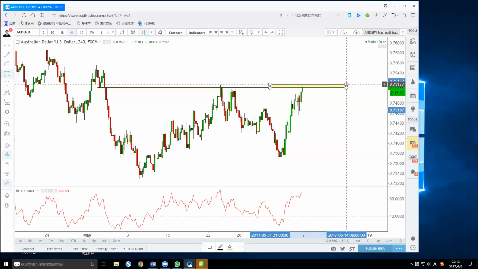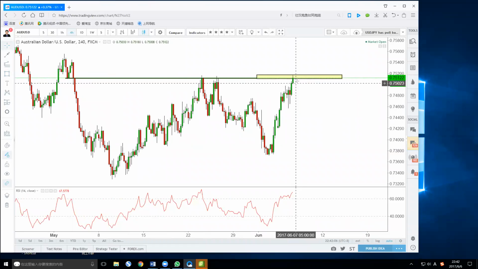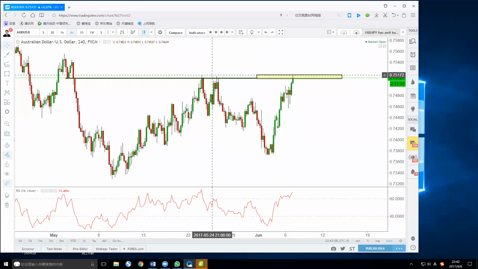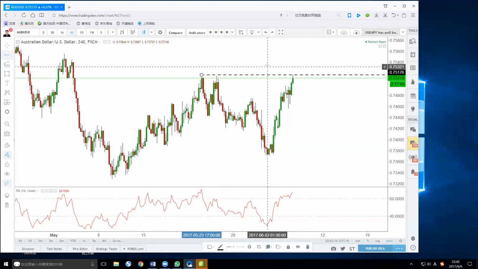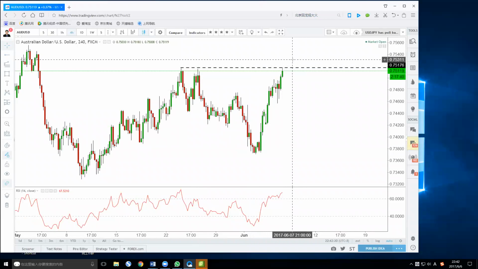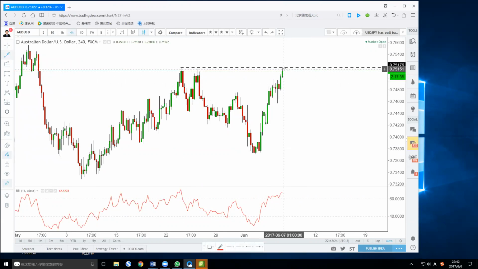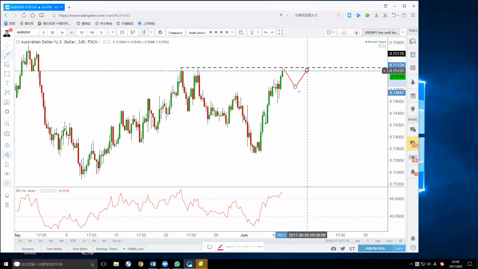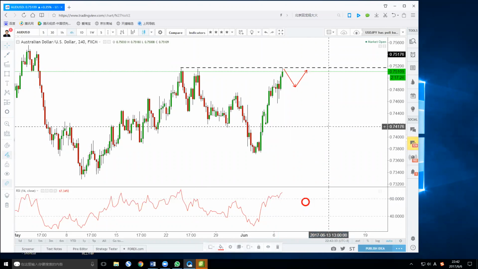Focus on the price action first, right? Looks bullish, but if it cannot close above 0.7517, it makes trouble. It actually tells you the equal high. Then mark this level. If the Aussie cannot close above this level, you find a buyer failure to short. And right now the RSI is above 60, right? So if you want to short, make sure that the RSI is below 60.